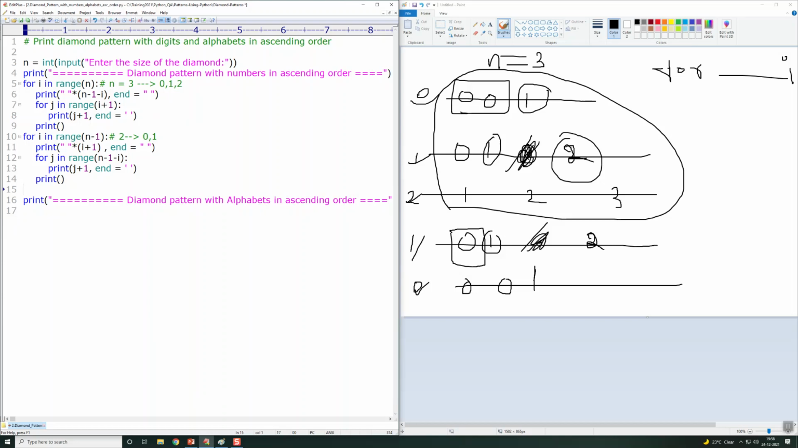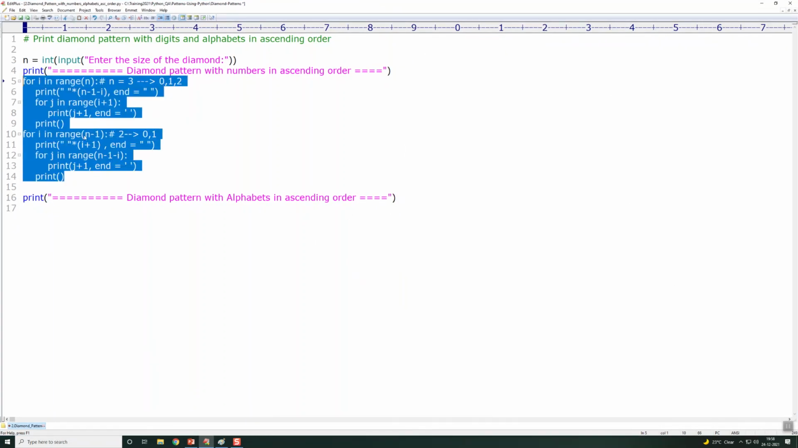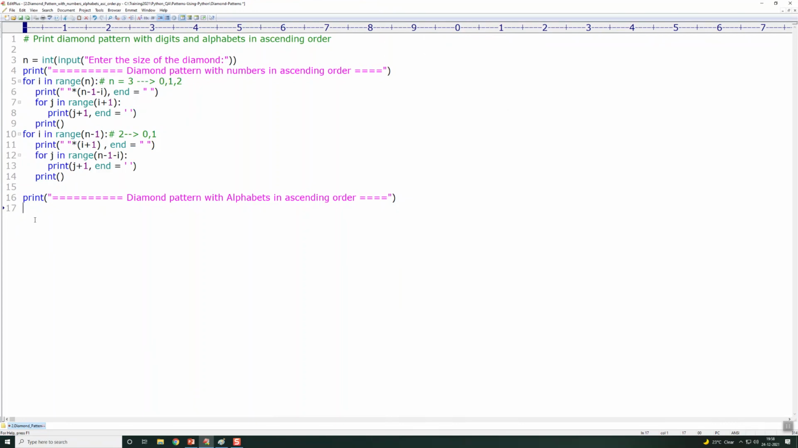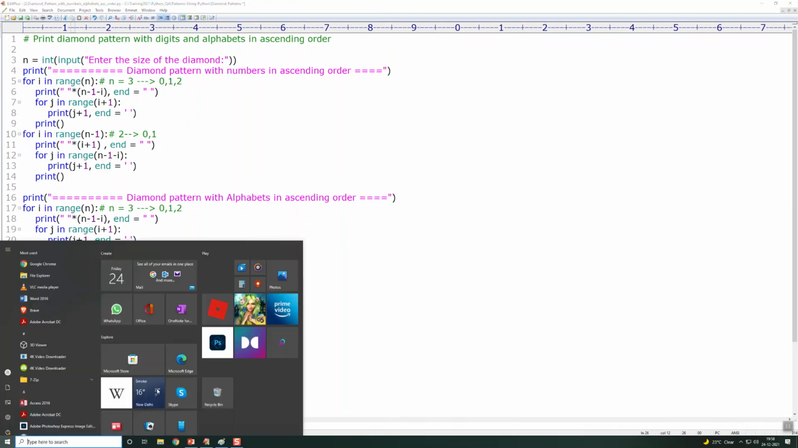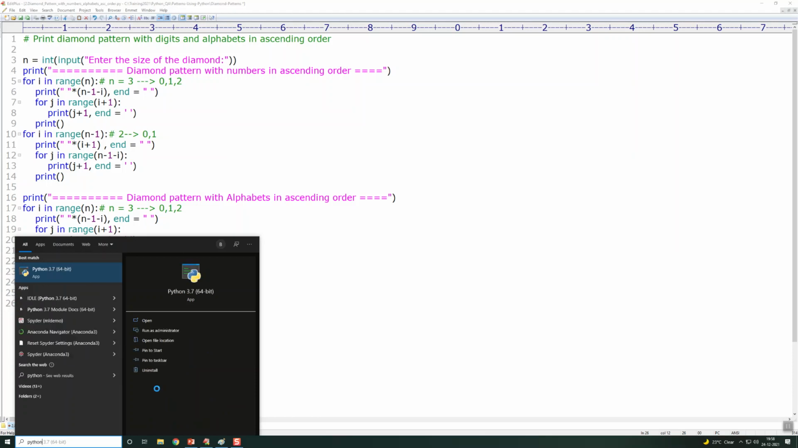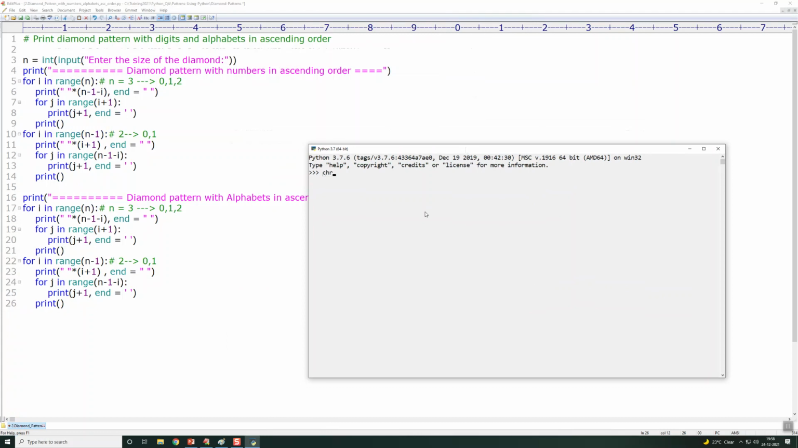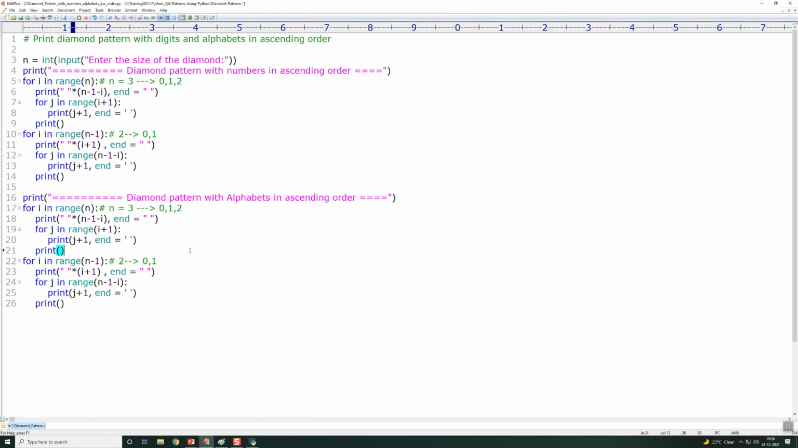So similarly, we have it for the alphabets as well. So let's copy the same code and do minor tweaks here. The only change will be that we use an extra function called char function here. Char of 65 should be A. Okay, so